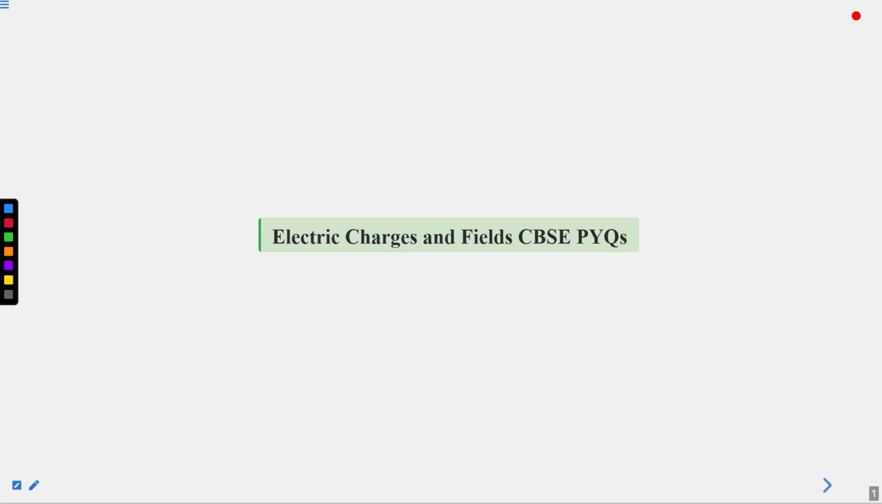Hello students, in today's lecture we will solve some questions based on electric charges and fields, and this is CBSE